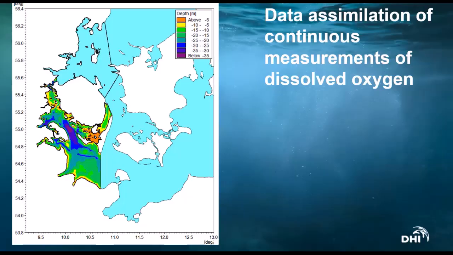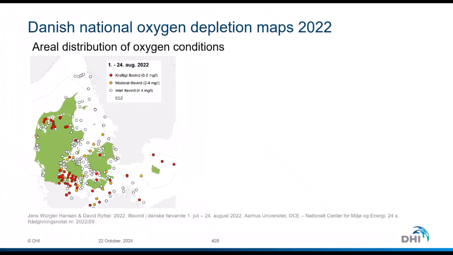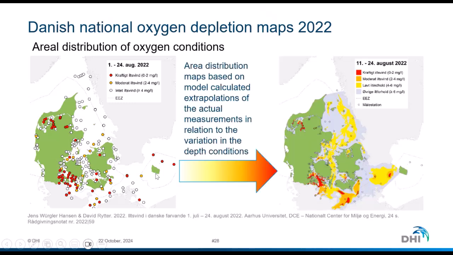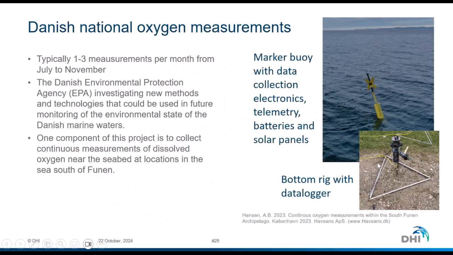So we now move south towards the Southern Belt Sea. This is an area which is experiencing oxygen depletion. This is measured with monitoring data, and then to describe the severity of the oxygen depletion, traditionally area distribution maps are developed from the measurements, but the Danish Environmental Protection Agency are looking into methods where they can expand the knowledge on the oxygen depletion.